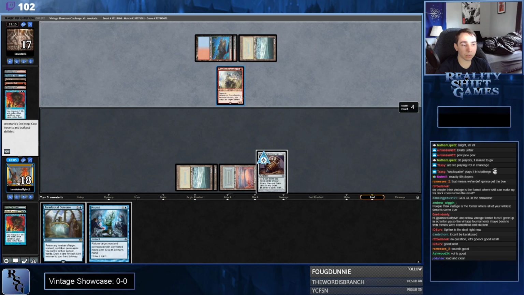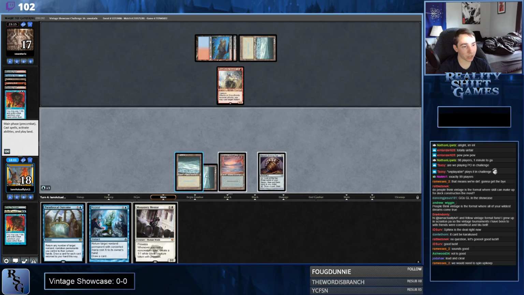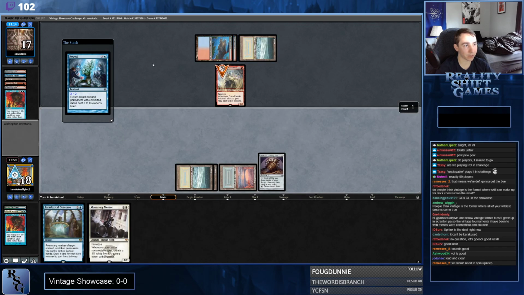I really don't think we have a choice. I guess I probably just have to bounce this. Obviously, if they have negation, I just get wrecked, but it's better to play around Pyroblast than to play around negation. I mean, we might spin an upkeep just because we don't want to draw the PO and we don't have a way to play Mentor with Flusterstorm backup, so...